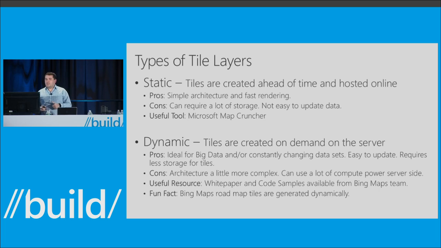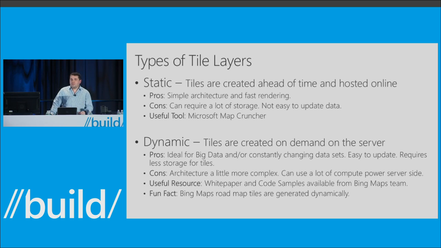Static ones is basically, let's say I have an image of a floor, the blueprint for a mall. And I want to visualize that on top of Bing Maps and make it so I can zoom in, zoom out, and pan. And so what static tiles, since that data isn't really changing, static tiles is a great approach for that. And basically, there's a lot of different ways to go about this, but one great tool is called